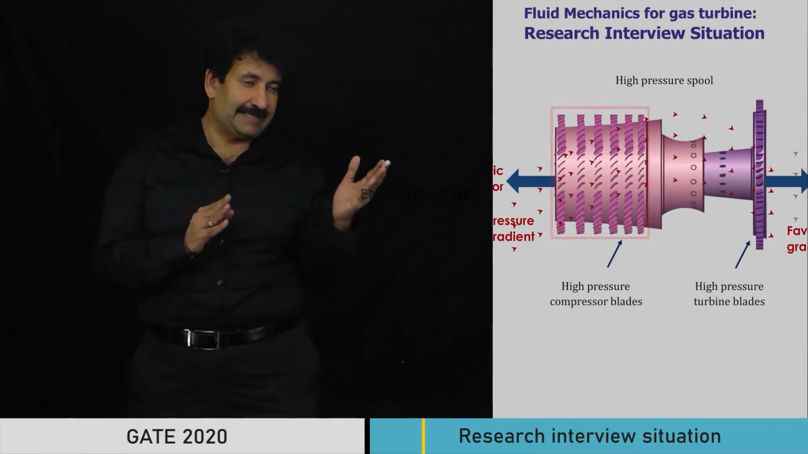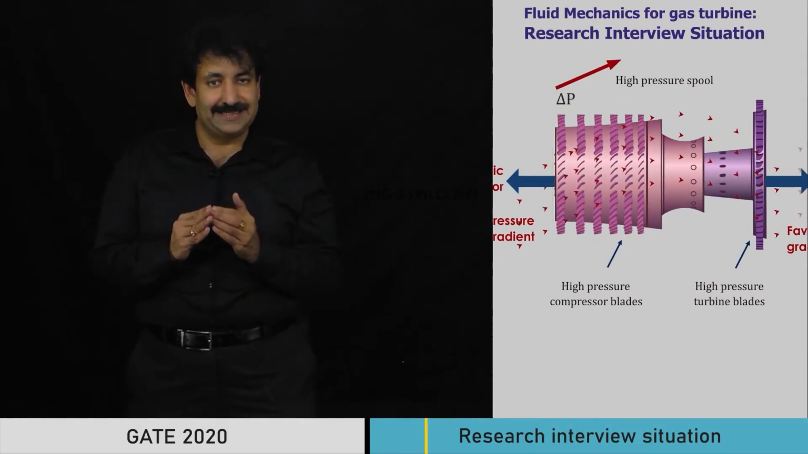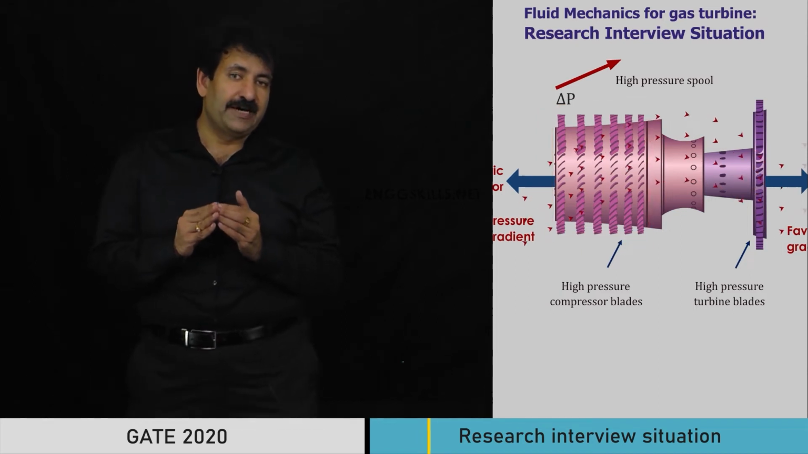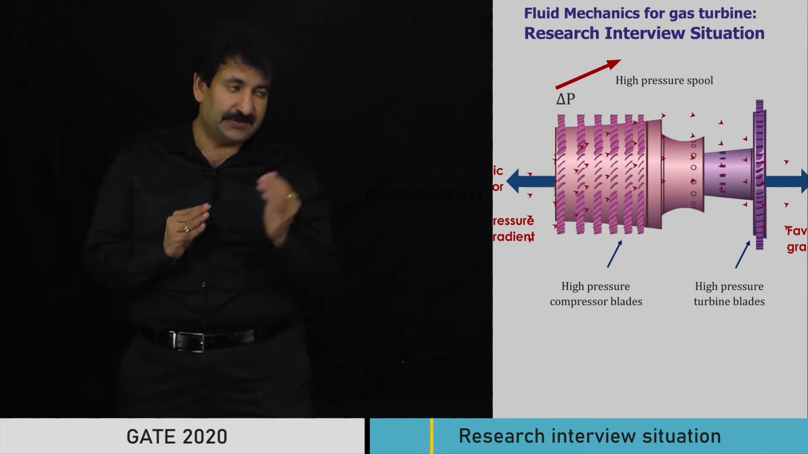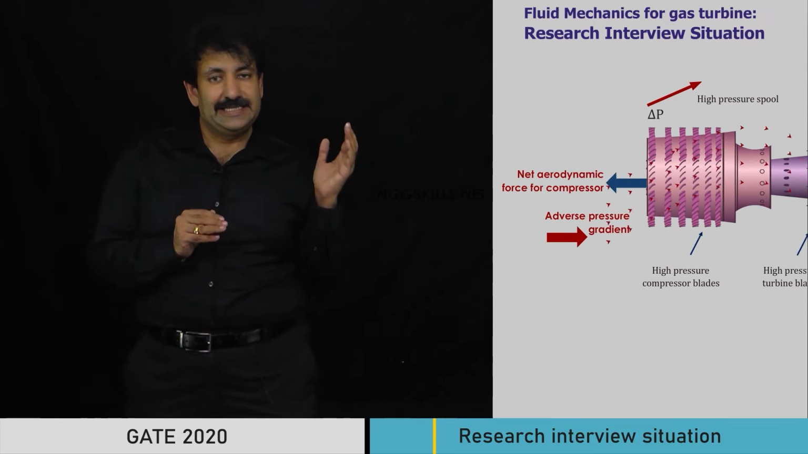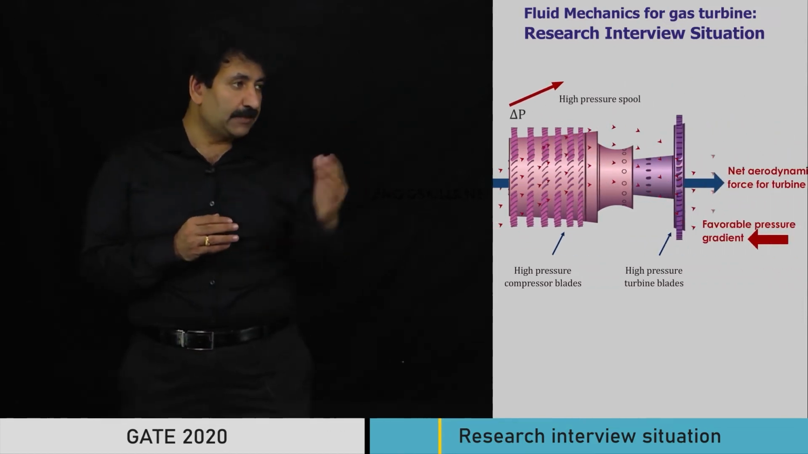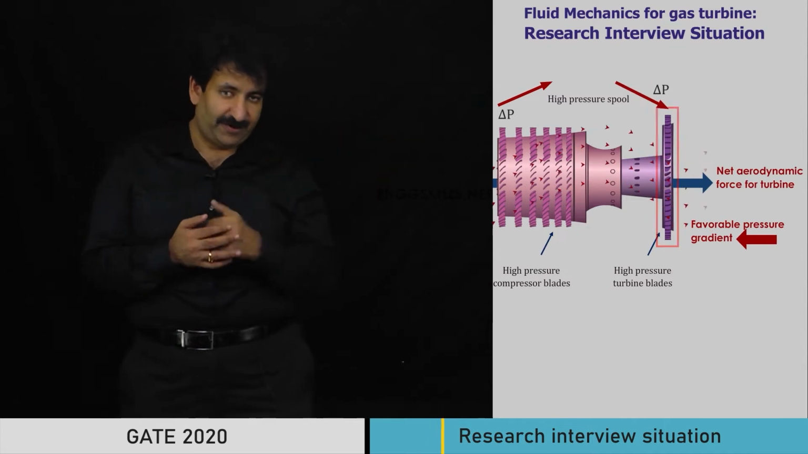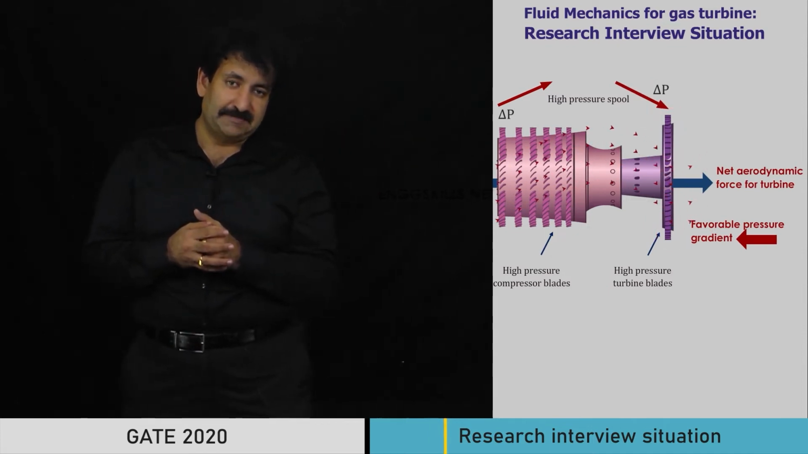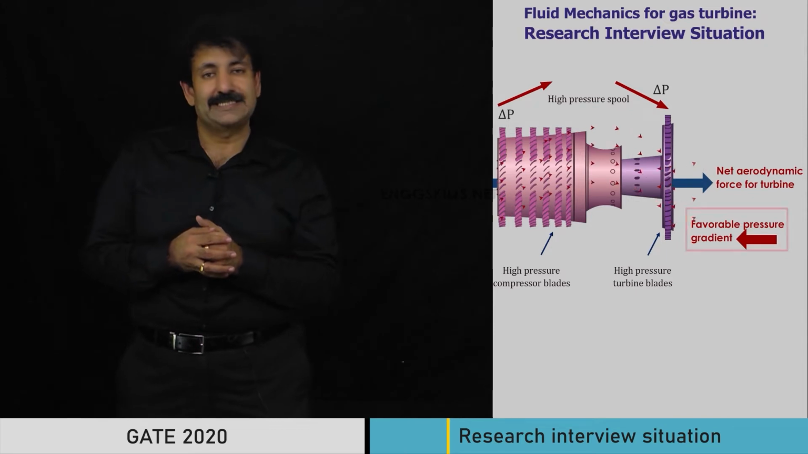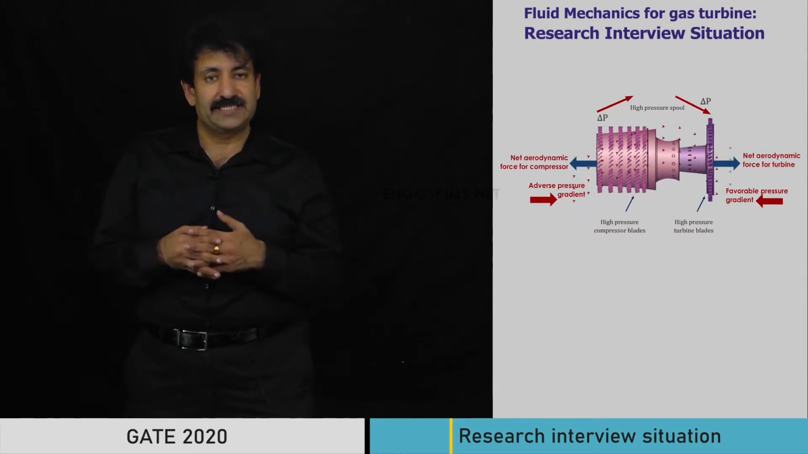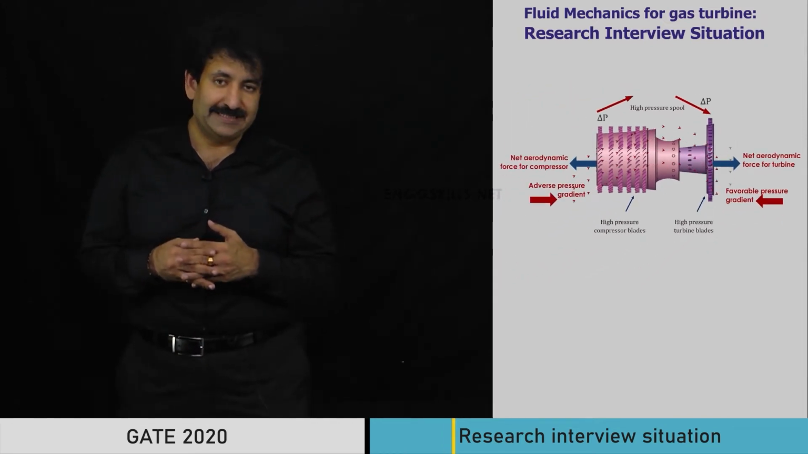If you looked at the compressor, the pressure is continuously increasing. Therefore, from the language of fluid mechanics, you can say that the compressor is subjected to adverse pressure gradient. Across turbine, the pressure is falling. That means it is subjected to favorable pressure gradient. What is the consequence of this? This actually means